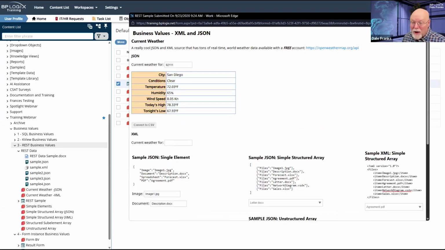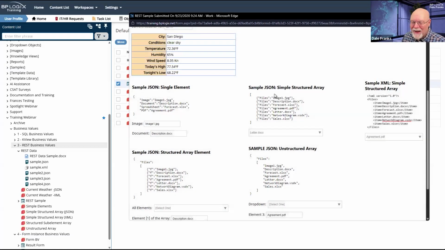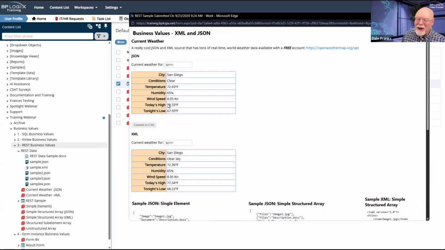Okay, there we go. 92087 might not be a zip code. Apparently, it is not a zip code. There we go. Well, I have data there.